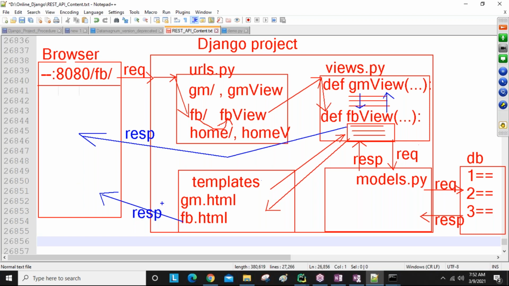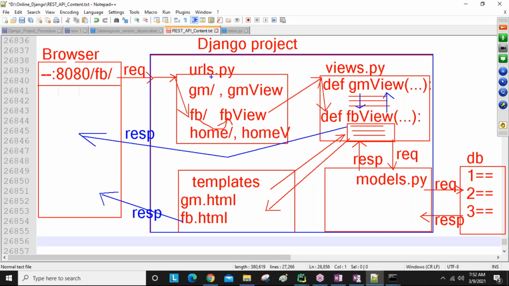Now you can see finally, I'm developing one Django project. I developed one Django project with all required files and required logic. Now I run the server. From the browser, whenever we send the request, the port number is common for all the URLs. Our request first reaches the Django project's urls.py.